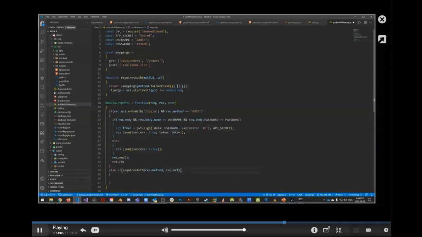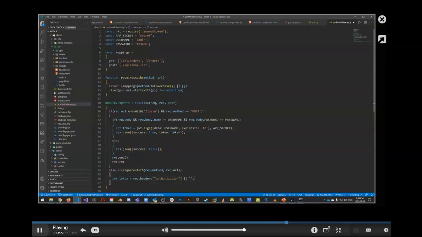So make sure if it requires authorization, then let the token equal the request.headers authorization. That's the header from the page,